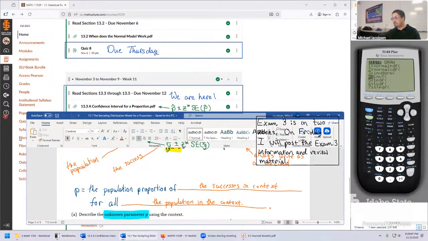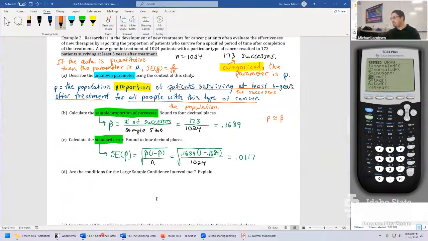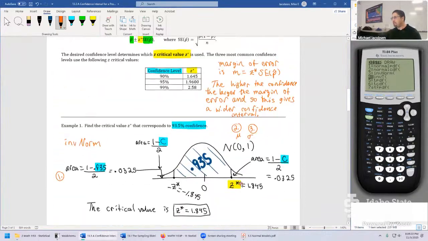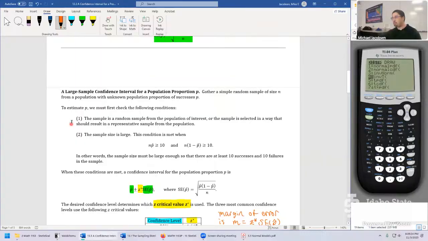But back to our 13.3. Next thing we're going to do is check the conditions. That seems kind of tedious because we have checked conditions for this before, with the different sample size. But for this kind of problem, the major conditions we're really going to look into are just these two right here. That way we're not spending the full amount of time like we were in the prior section.